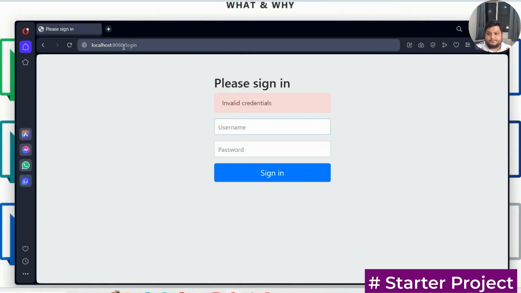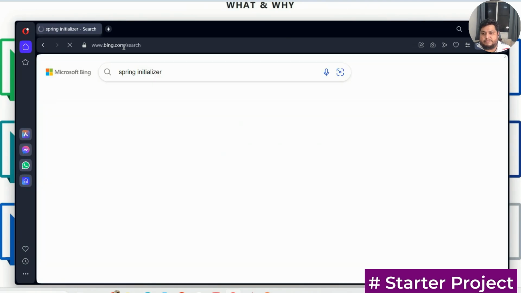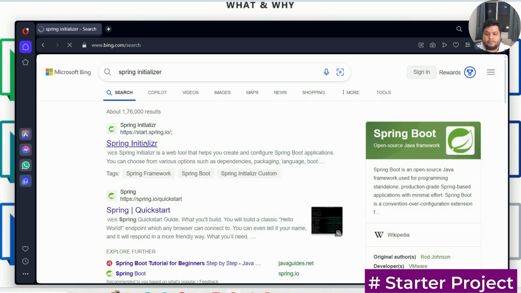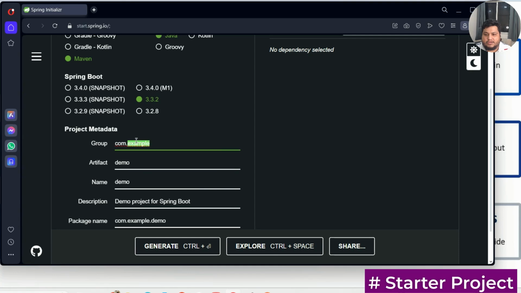So I'll go to Spring Initializer. It's a famous, basic website, right? I go back here, and what do I want to create? I want to create a Java-based application on Maven 3.3.2. Let me call the group form.cwz. My artifact is what? Spring